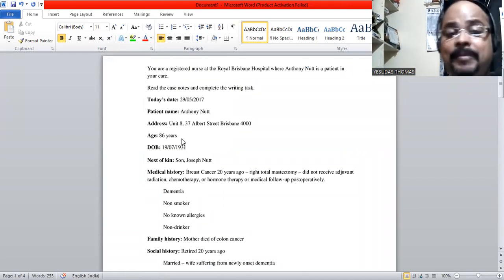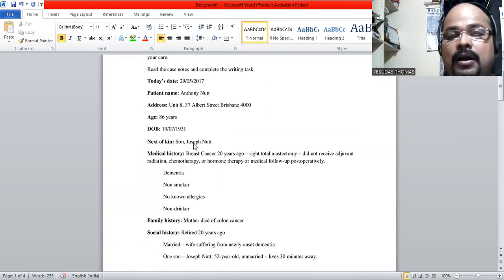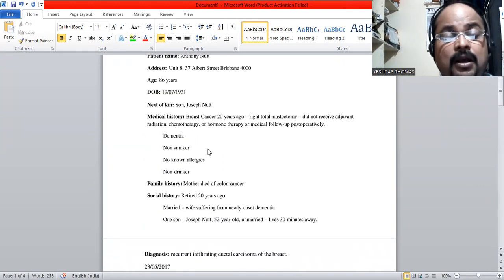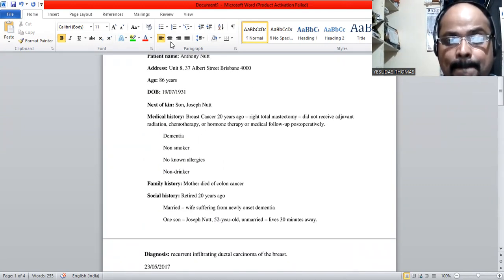So the patient name is Anthony Nutt, and he is 86 as per the date given, that's 2017. Now he has his only son, Joseph Nutt. Let's mark the things which are needed: patient name, date of birth, and we have to go with the medical